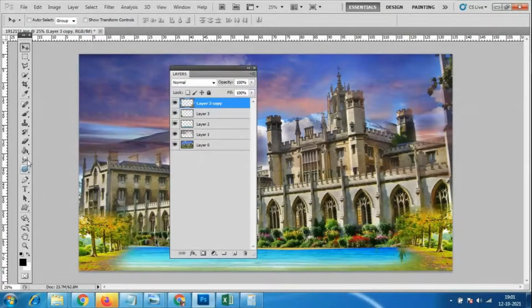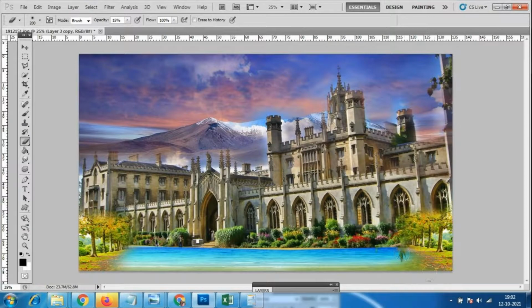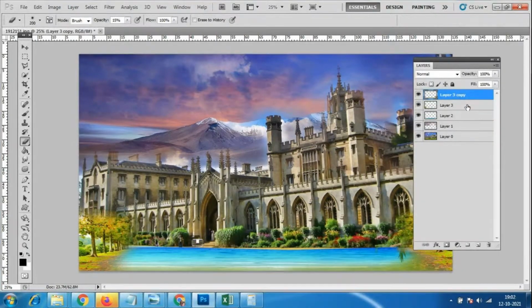Okay, so multiple files which are not matching, don't worry, you can just hide it. See, I don't want this image, so I just hide it. You can add something else. Till you add it, how will you get to know whether it is matching or not, right? So in front of you I'm making this, all these sudden ideas, not any planning. So just add all the images and check whether it is matching or not. If you are happy with this kind of work, then you can proceed.